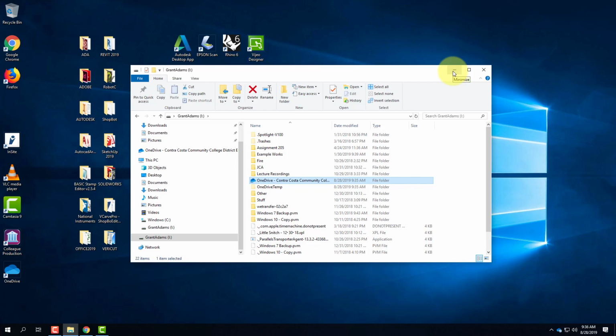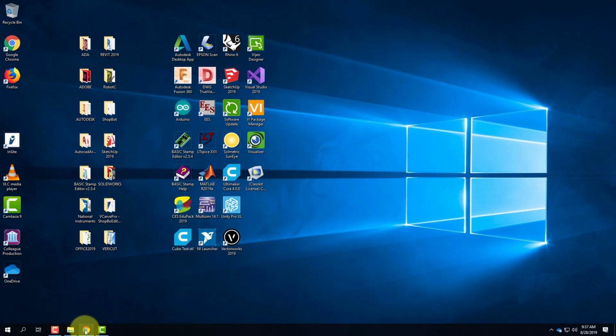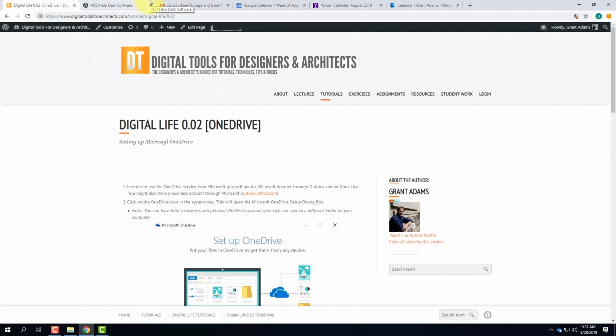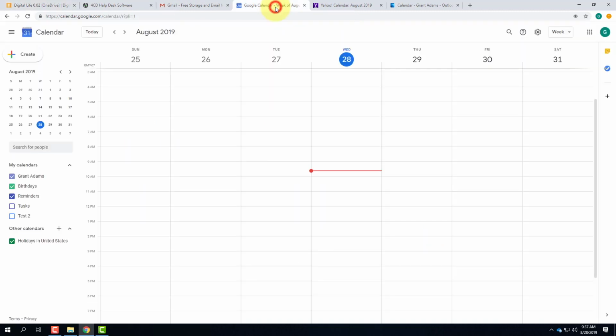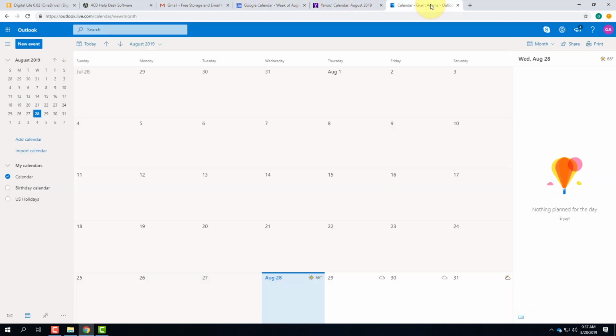The next part, in part two, is all about the calendars and syncing the calendars. So I've gone ahead for purposes of demo, and I've logged into 3 generic accounts that I have for this demo. A Google account, a Yahoo account, and an Outlook account, so you can see me do this calendar subscription in each. They're all roughly the same, but you have to get to them a little bit differently.